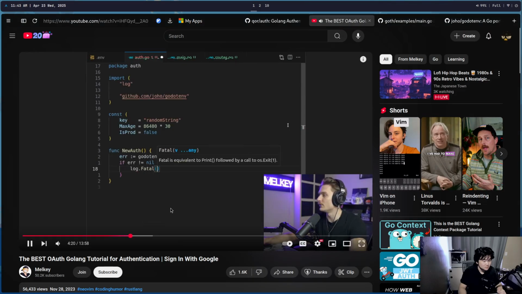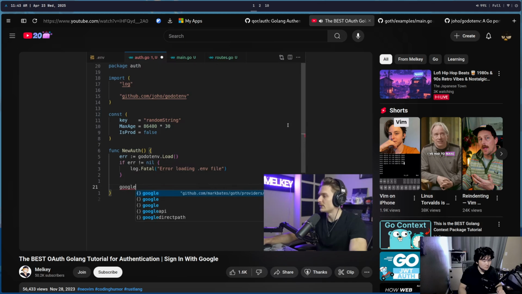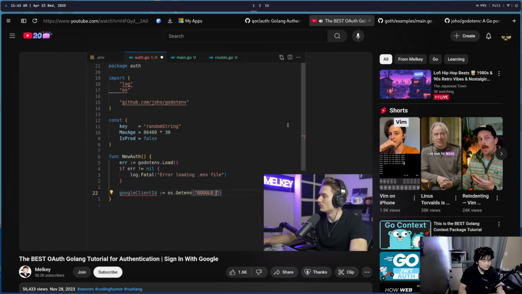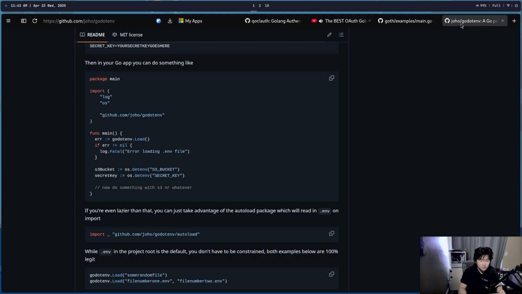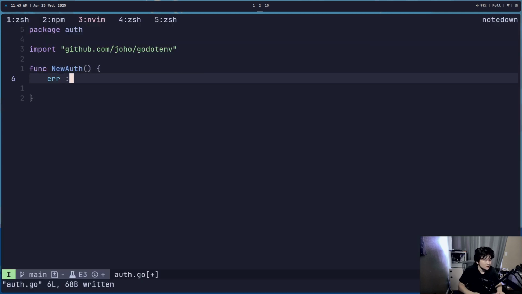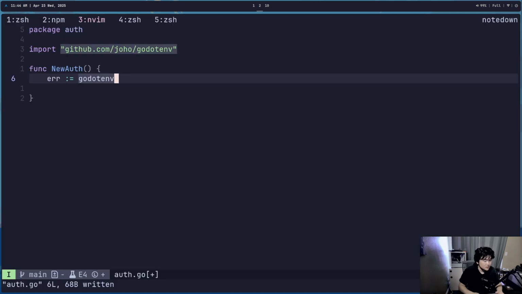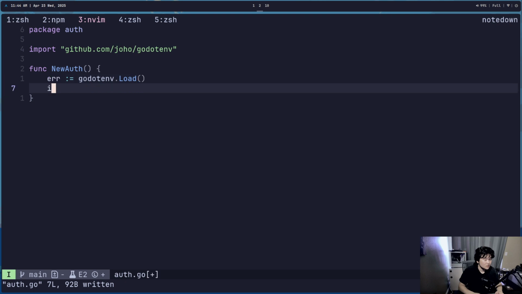I'm going to do log.Fatal, error loading .env file. What does this do? What does dot load do? Okay, so we do err := godotenv.Load(), and if err does not equal nil,